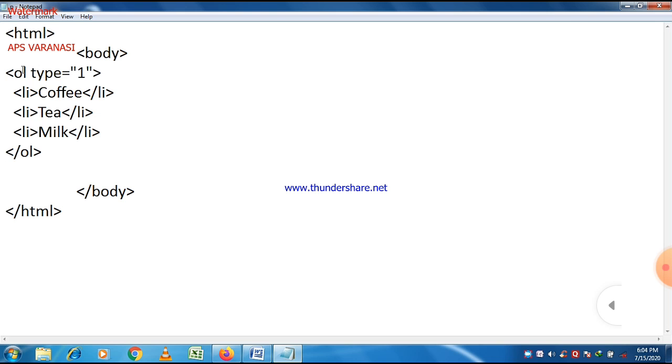So there are three different items, coffee, tea, milk. When we put these items in an ordered list using li tags, they should be printed with numbering 1, 2 and 3. So this is all about the ordered list tag.